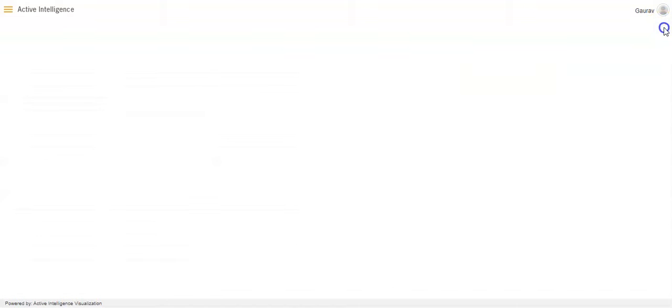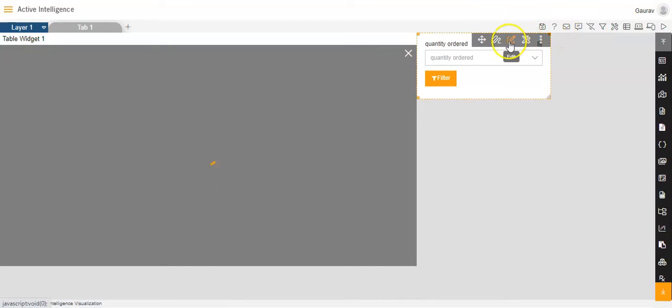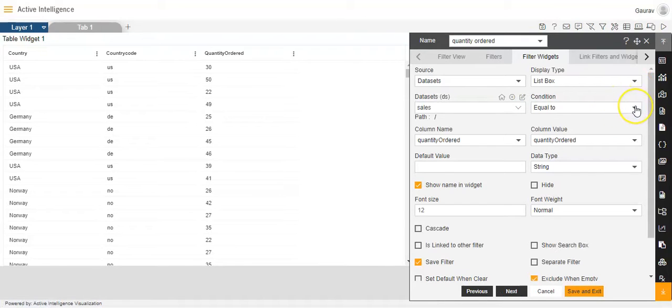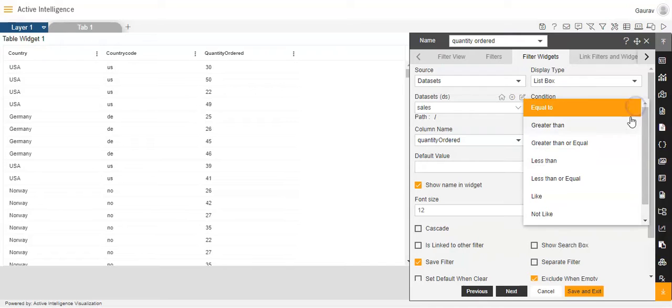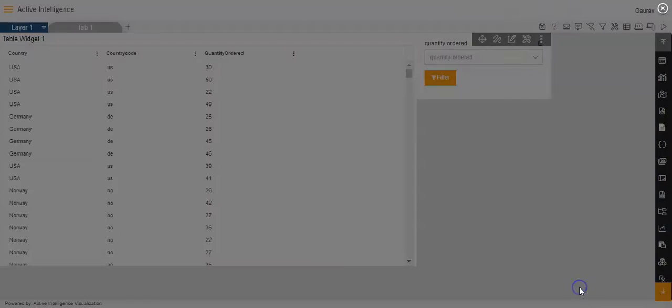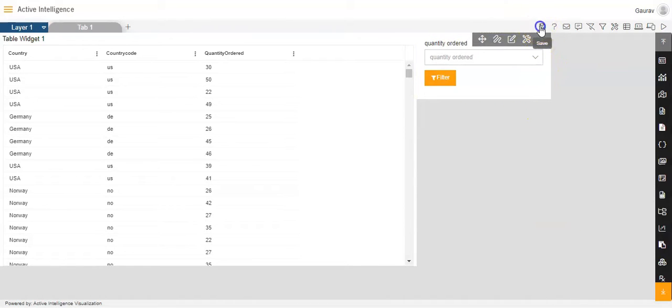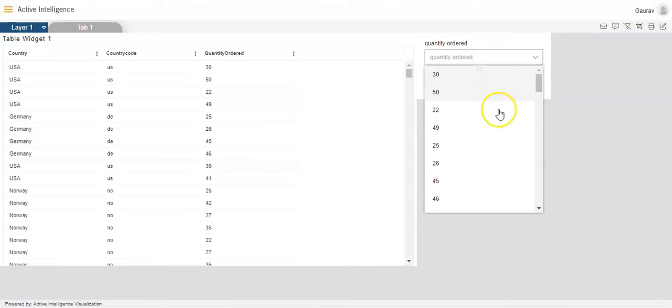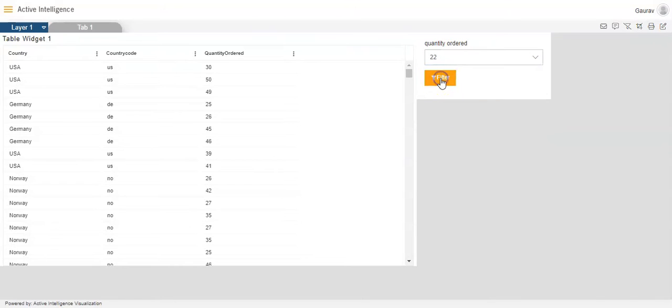Going back again to the edit mode of the dashboard and clicking on the edit mode of the filter widget, going to the settings icon, and since we have selected equal to, now I will select greater than and click on save and exit. Again, I'll save this in the dashboard, go to the preview mode, select a figure. Let me select 22 and I'll click on filter, and you'll be able to see the data which will be